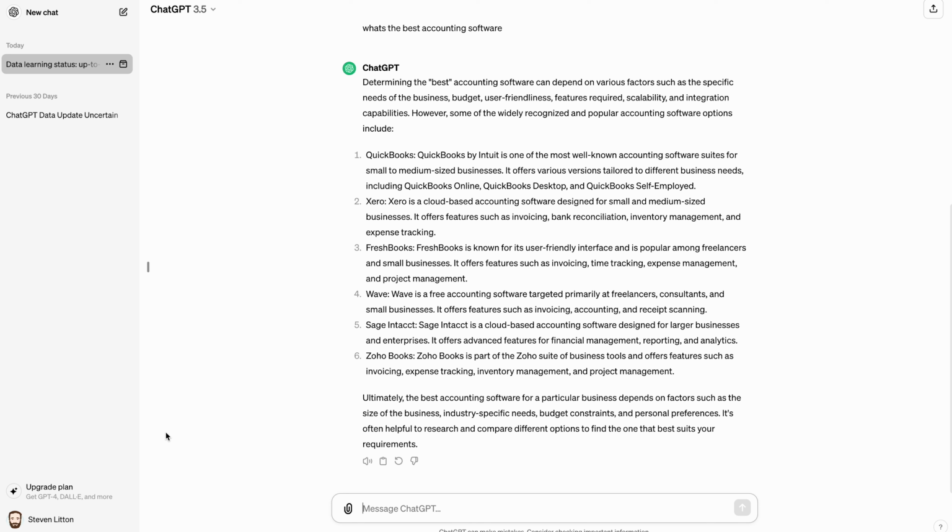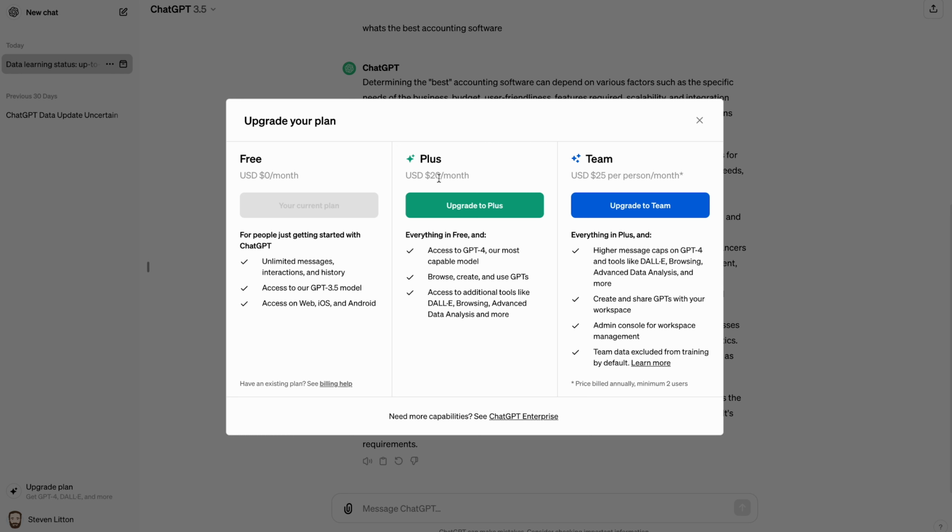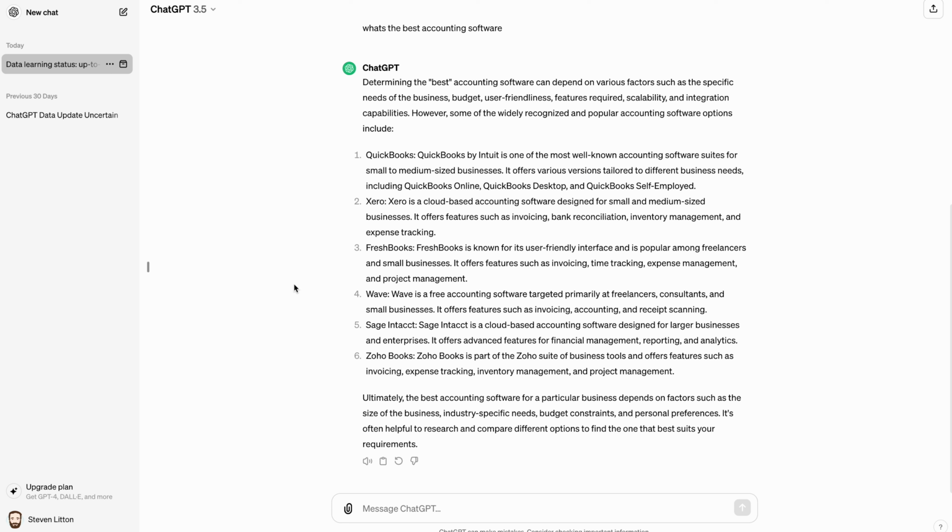So if you actually want up-to-date data, you'll have to upgrade. If you want to use the premium personal version of it, it's $20 a month. And if you use ChatGPT a lot, and you're going to use things like DALL-E and all the extra parts of it, then it's probably actually worth doing. But if you are going to use the free version, just consider that some things work really well as a ChatGPT search, and other things are probably best just to search in a browser, because they're actually going to give you up-to-date information.